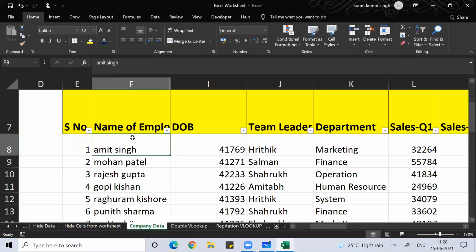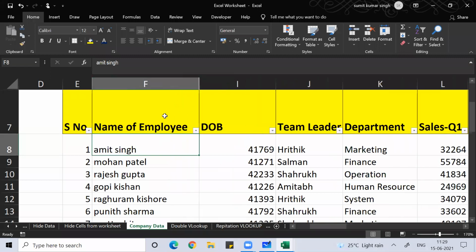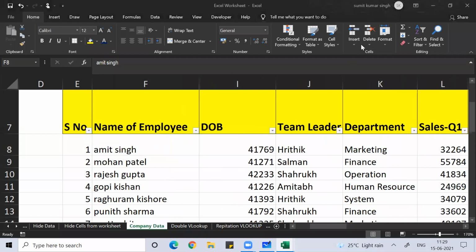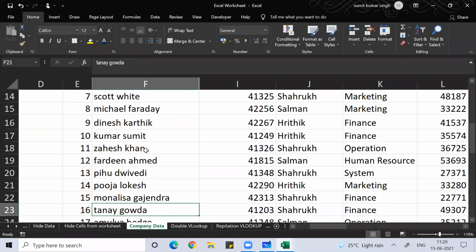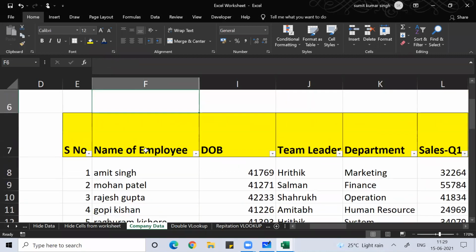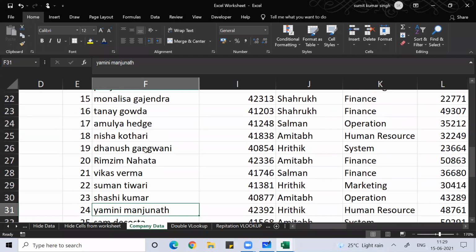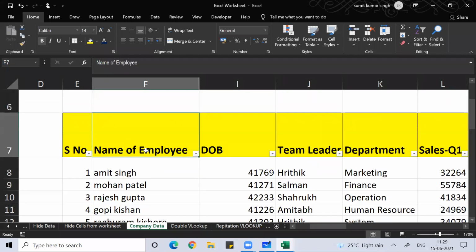This data is of a company where a few employees are working. Suppose, for example, there's a company where around 30 employees are working, guys. Okay, guys, now these employees are working.